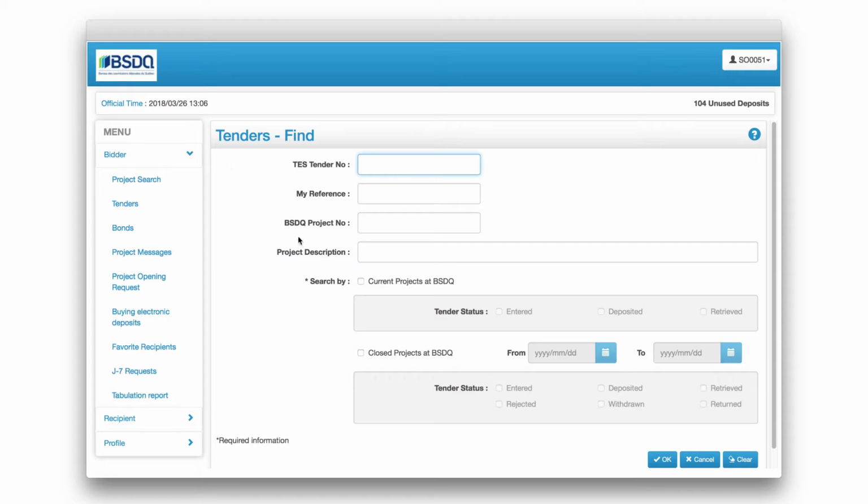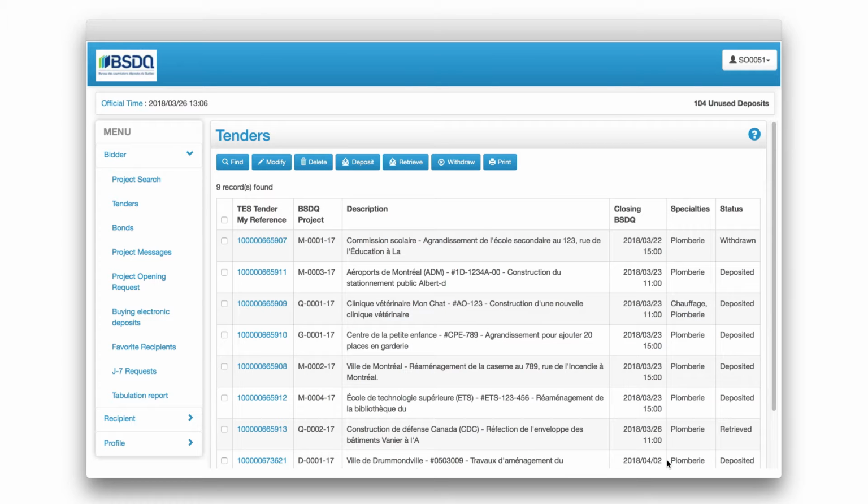A search window opens where you can enter various search criteria. You can search current or closed tenders at Bsdq. Once the criteria are entered, click OK. A list of the tenders found will be displayed in the following order: